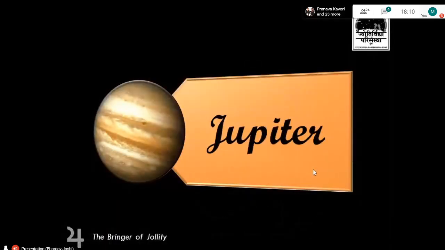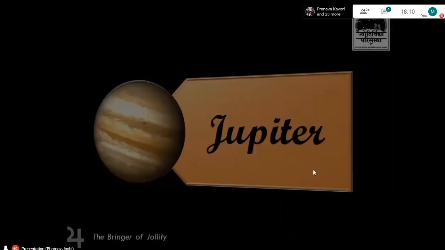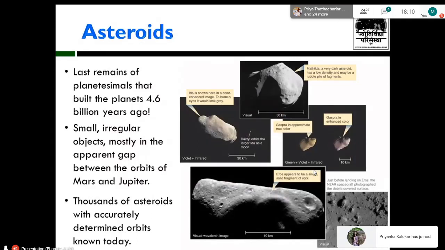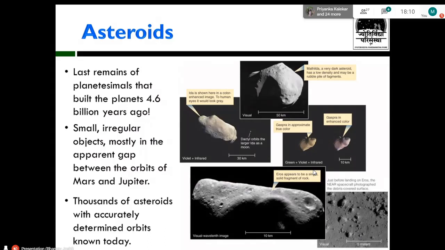But you must have seen in movies that the asteroid belt has such dense rocks that you cannot pass through it, or if a spacecraft is passing through it, it has to collide with at least one asteroid. Well, that is not at all true. In fact, the asteroid belt is so much less dense that if you combine all those rocks, they will form a celestial body which is smaller than our own moon. So it is not at all dense or huge, and the things shown in the movies are not actually true.